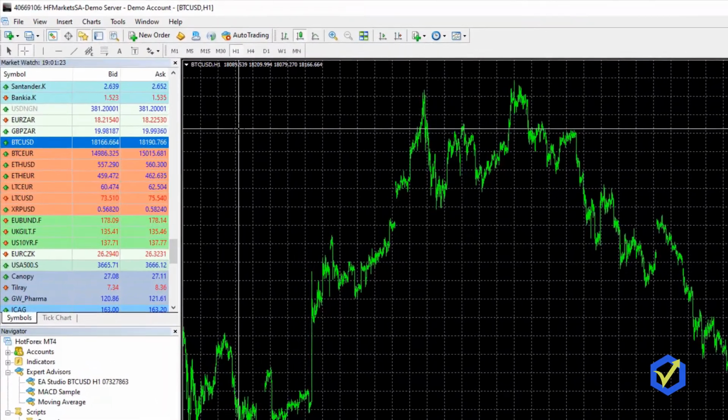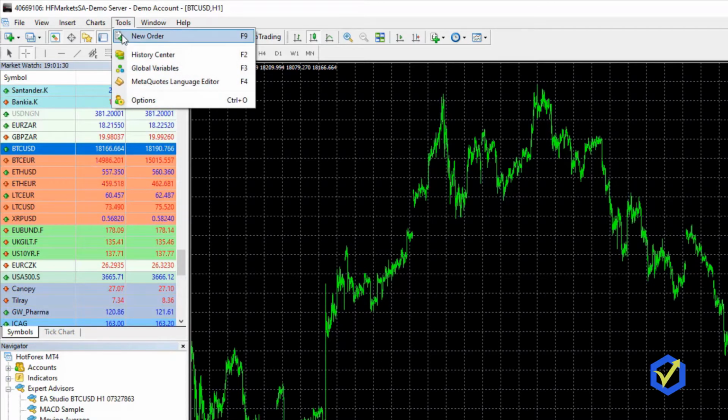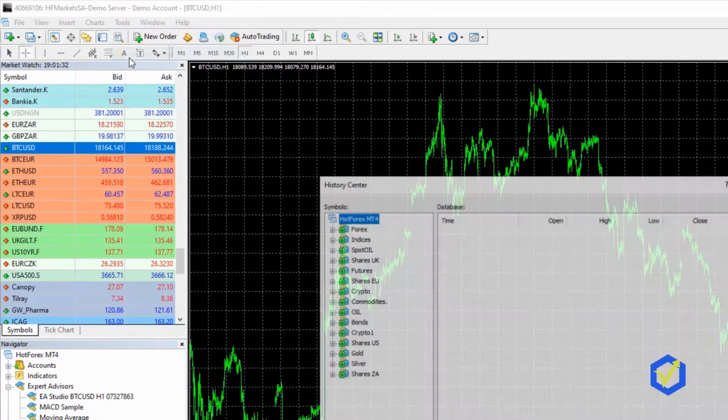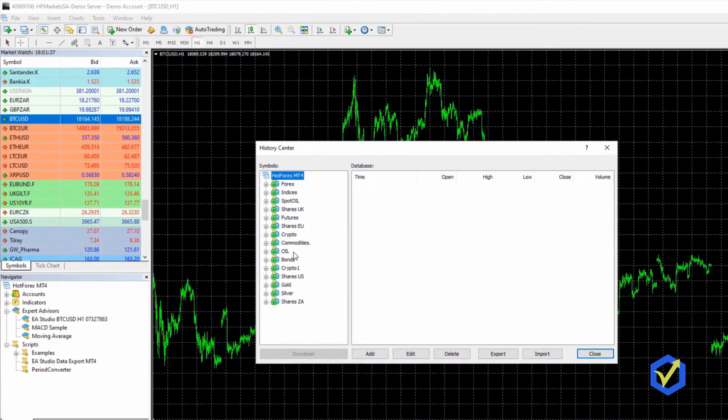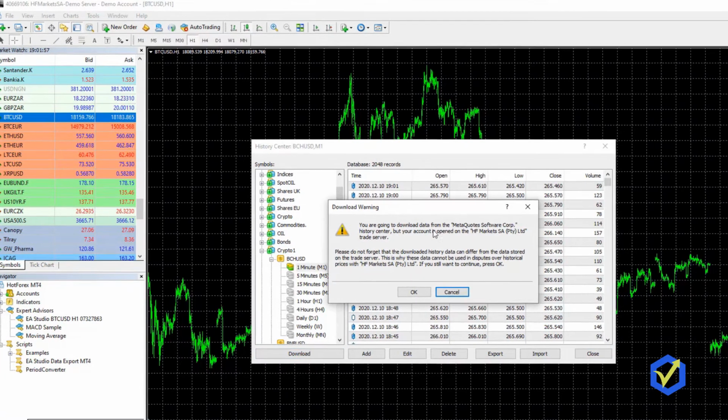And one of the common mistakes people do is to download the data from tools, and there is the history center which will download historical data for you. But if I click on crypto and I select any of the assets, okay, doesn't matter which one, I just double click on it, and if I double click on M1 and I click on download, you will see what a warning I get.